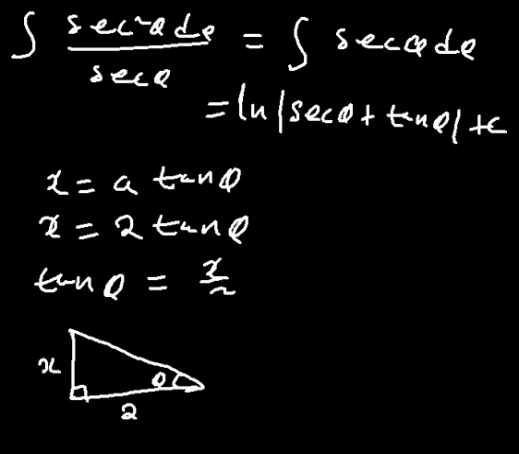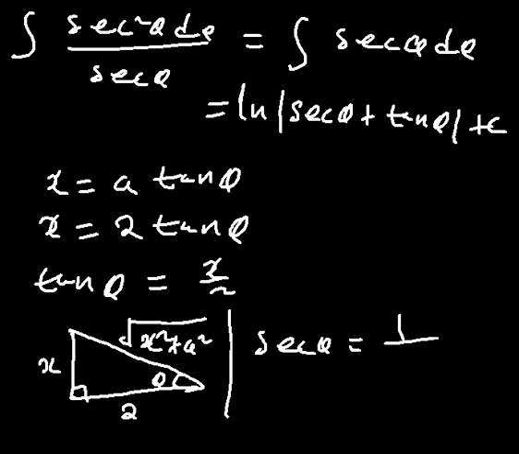Using the Pythagoras theorem, the hypotenuse is now given as the square root of x squared plus a squared. So what is sec theta? Sec theta is 1 over cos theta. But what is cos theta? Cos theta should be adjacent over hypotenuse, which is the same as 2 divided by the square root of x squared plus